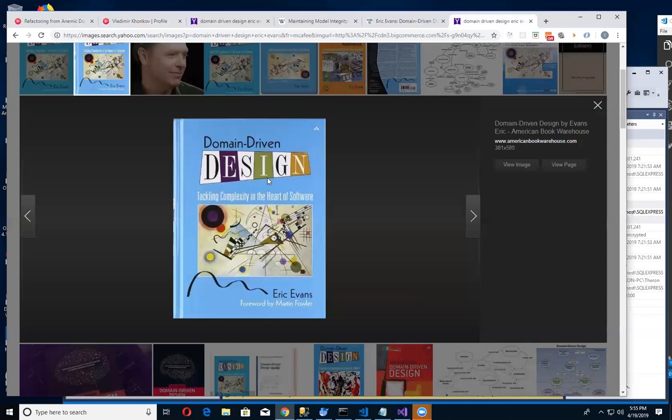I will say, having looked at domain-driven design and learning a lot more about it, it's a totally different approach. It's like a 180 from the monolithic style.